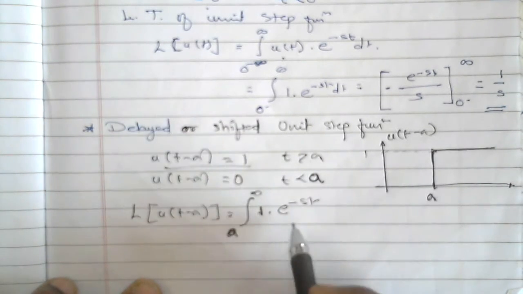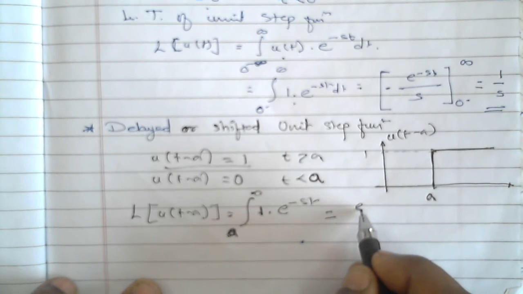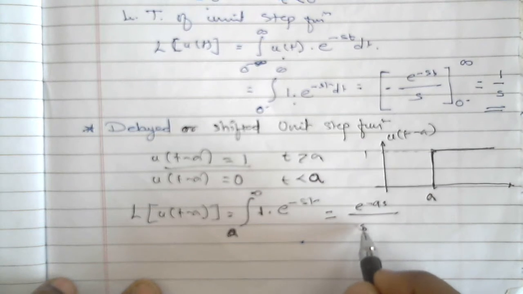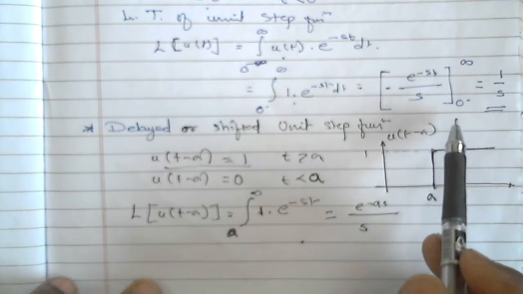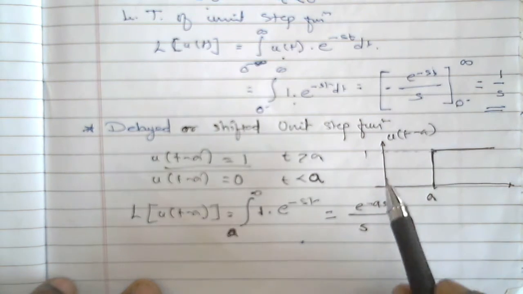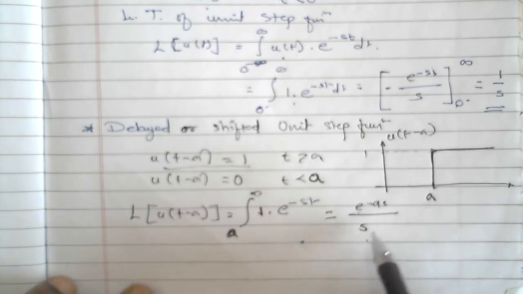Again, similar to the previous case, so you will get the answer as, now instead of lower limit 0, the lower limit is a, so it will be e raised to minus as divided by s. In the previous case the lower limit was 0, right? So e raised to 0 was 1, and anything raised to 0 is 1. Here it is a, so we have to write e raised to minus as divided by s. Okay, now next,